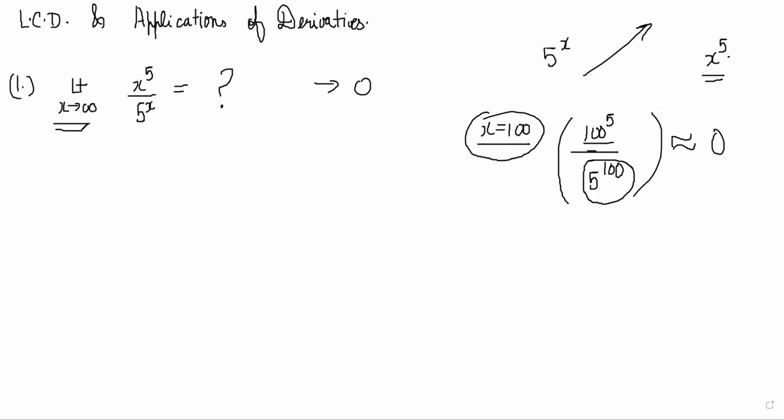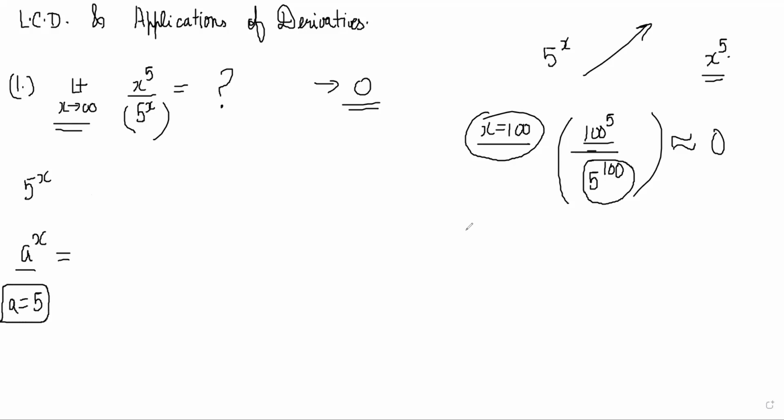So x tends to infinity, obviously this term will dominate. As you become larger and larger, the denominator will dominate. So the limit answer should be 0. Now, how do you do this? You can also think about it as a 5 power x expansion. A power x expansion, where a is equal to 5. Let's try to do it by Taylor series.